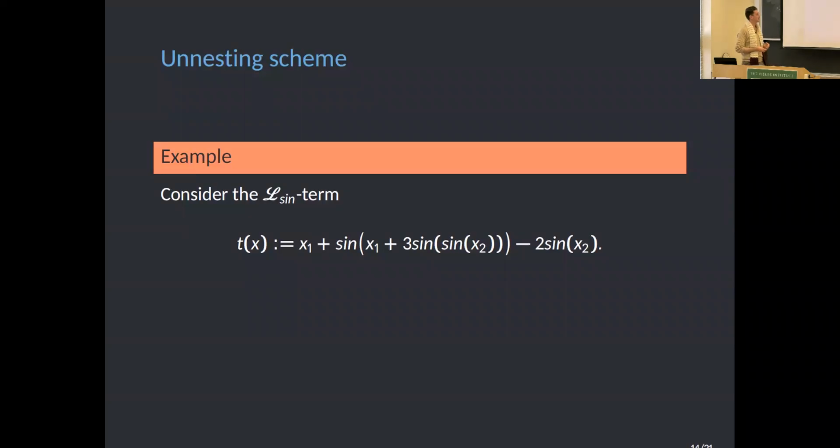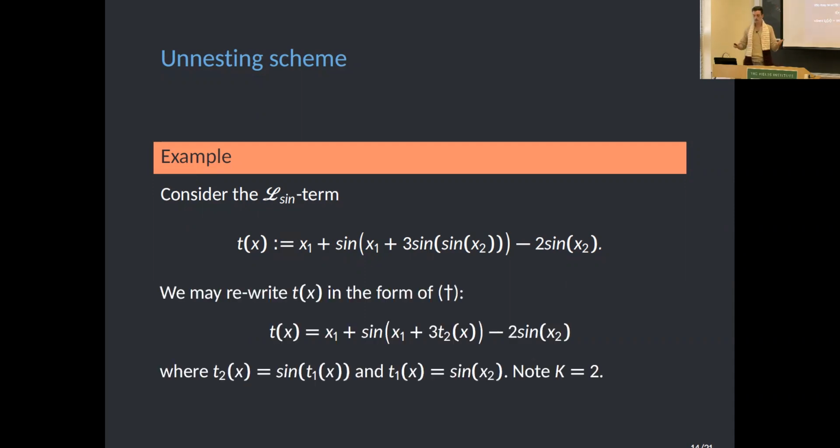Okay, so as an example of what applying this Dagger equation or this nesting scheme looks like, we have this example L-sign term t of x. I've already ordered things in the way of the Dagger equation where, I guess we can say n is 2, we just have x1 and x2, but we have the linear appearances of the variables first, and then after that it's a sum of signs. But in order to really do this, we want to define these other L-sign terms t1 and t2 so that we can write t as just the linear terms and constants plus sine of a q-linear combination of linear variables,